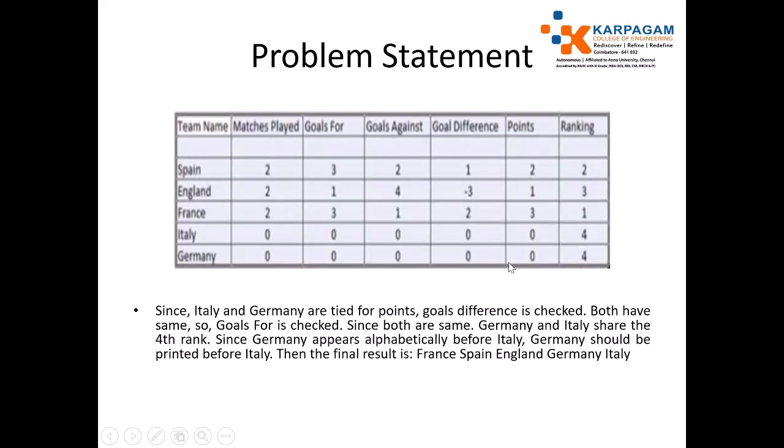Just a mathematical game only. Italy and Germany never played a game, so it is just recorded as 0. So both have the same ranking. When there is a tie, just print the data in alphabetic order.